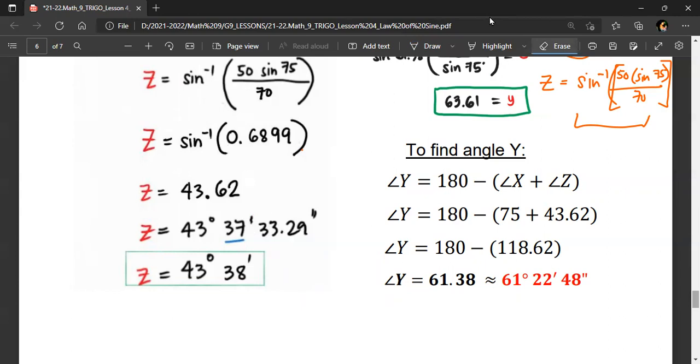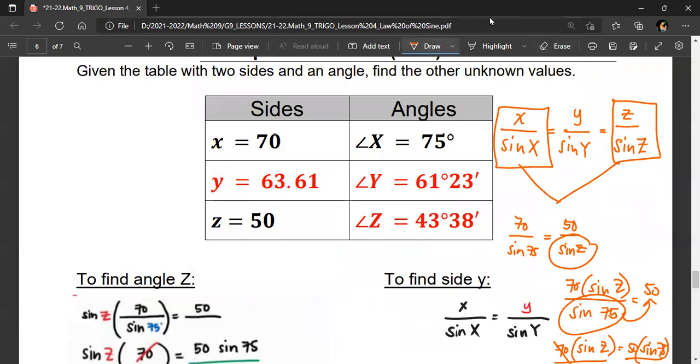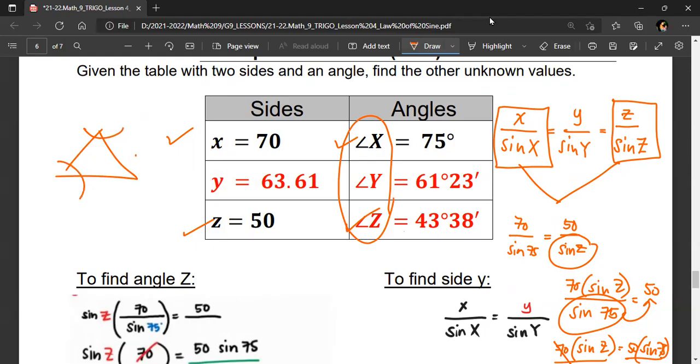Now this time, we have come up with an angle Z. So over our given here, we have already done with the two sides and angles of letter X. We also use the side Z, and we also come up with the angle Z. However, if you notice, both of our letter Y's for sides and angles are missing. But if you look at our angles, as I said a while ago, the interior angles of a triangle sum up to 180 degrees.